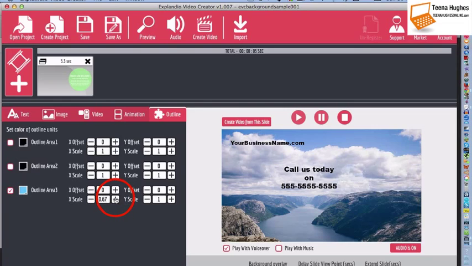I can go back up to, let's see, let's make this one 66. We'll make them both 0.66. Okay, so that's made a smaller circle. And then the text, I can also move that circle up and down on the screen too if I want to. For the text,